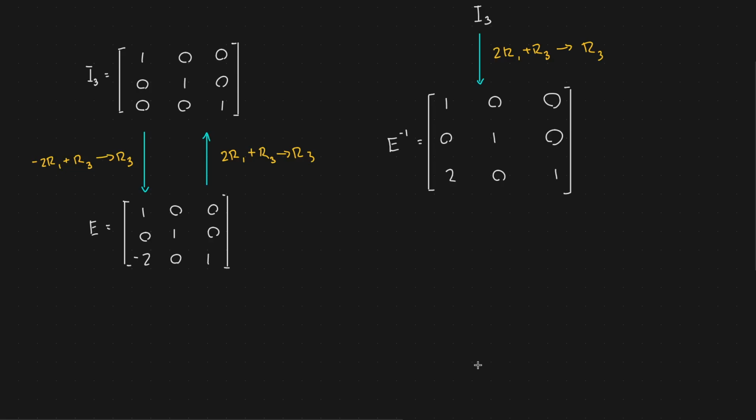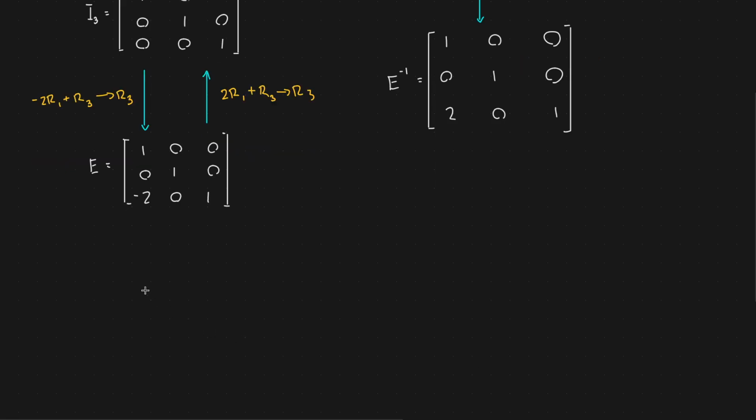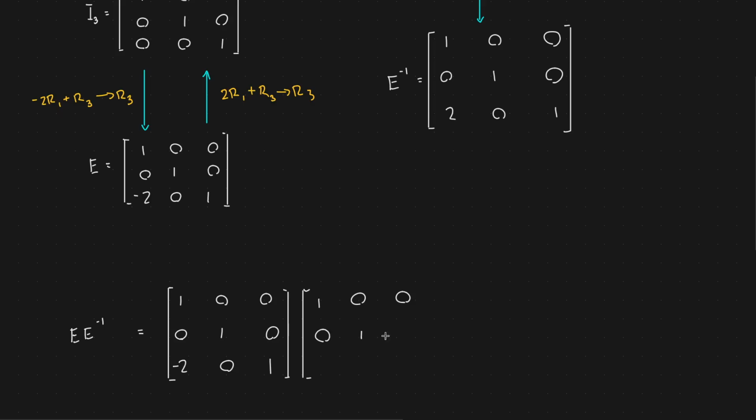Let's confirm. Let's multiply them together and make sure we get the identity matrix. Okay, so I'm going to take E times E inverse, and make sure I get the identity matrix when I multiply them. So here's matrix E. Let's take matrix E inverse, 1, 0, 0, 0, 1, 0, 2, 0, 1. And if I multiply them together,